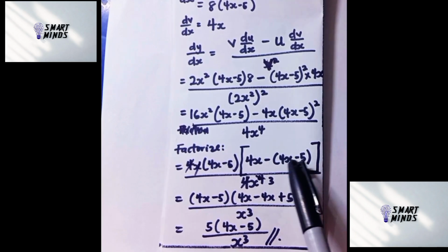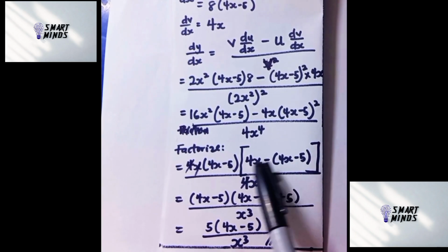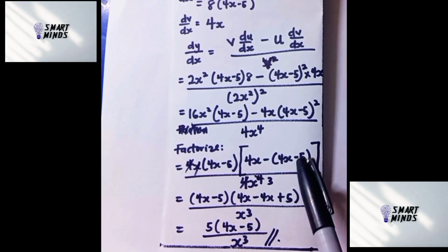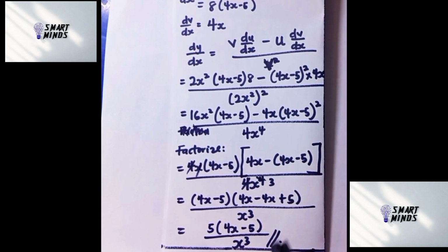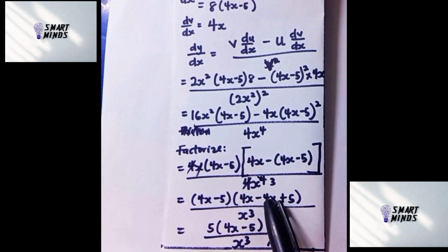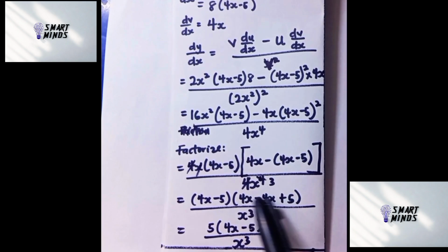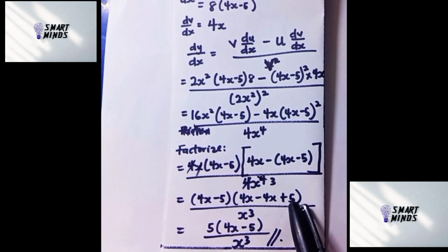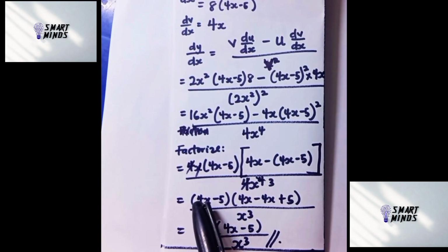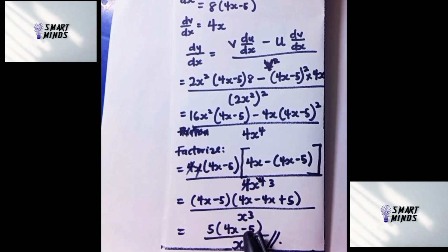Minus before this bracket changes the sign in the bracket, so that becomes 4x minus 4x plus 5. Please take note of that. So 4x minus 4x, that's 0. That means 4x minus 4x becomes 0. I'm only left with 5, bringing 5 beside this bracket, so I have 5 bracket 4x minus 5 all over x raised power 3. So at this point, this is the simplest form, and that is the final answer for differentiating the first question